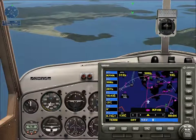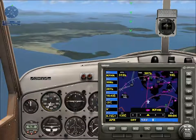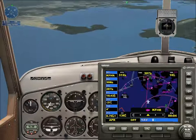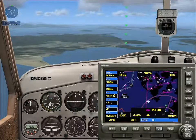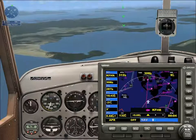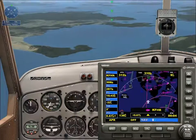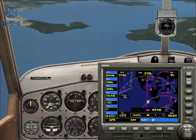I can see an airport just inside the city there, but as this is obviously a float plane, there's not really much need to use the airport. I don't know if we could even land at an airport with a float plane, and there's not much point anyway, as we are, of course, tasked with going to the Friday Harbour. So not much point in standing in the way of...